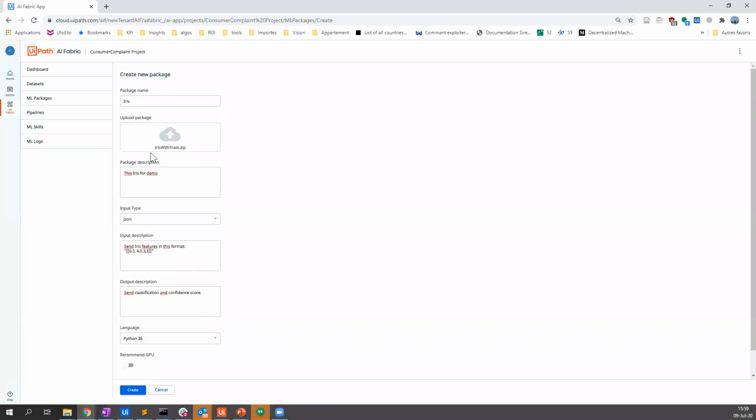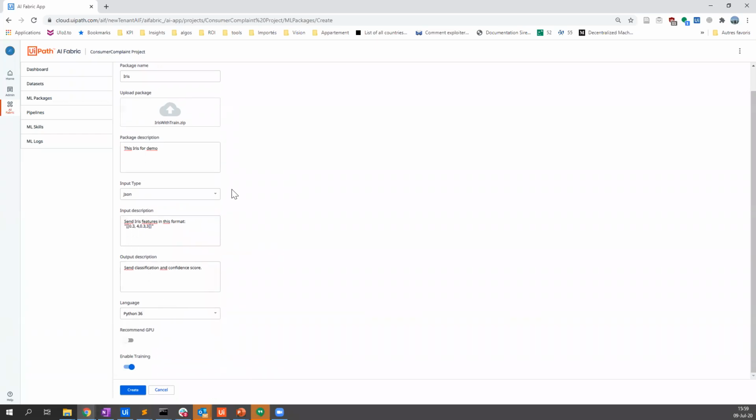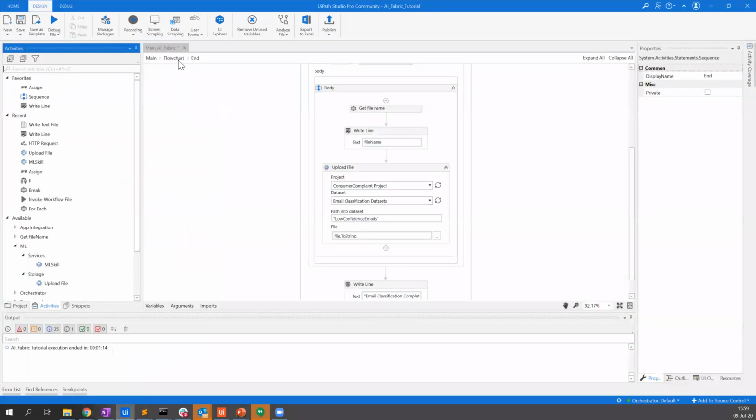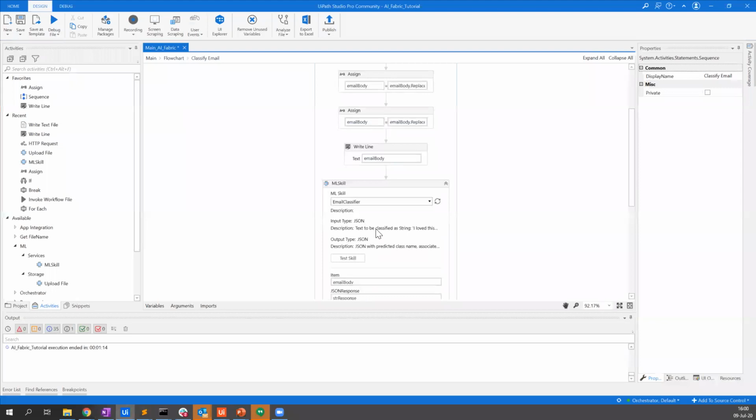On this one, I will have the code for training, so we can use it. Again, you upload the model, package description, input, output description, and even recommend GPU are just for communication between different members of the team. Especially input and output description is what you have seen before in these fields. It's whatever the data scientist is giving, and it's here to help the RPA developer, who doesn't know exactly the model or how to use it, to understand it and to be able to easily build the process around it.